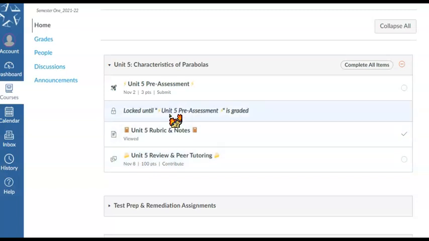Notice when we first started, there are no cherry quizzes visible. That's because you have to complete the pre-assessment first before they open up. As you're completing stuff for the modules, make sure that you complete the items until you get a check mark